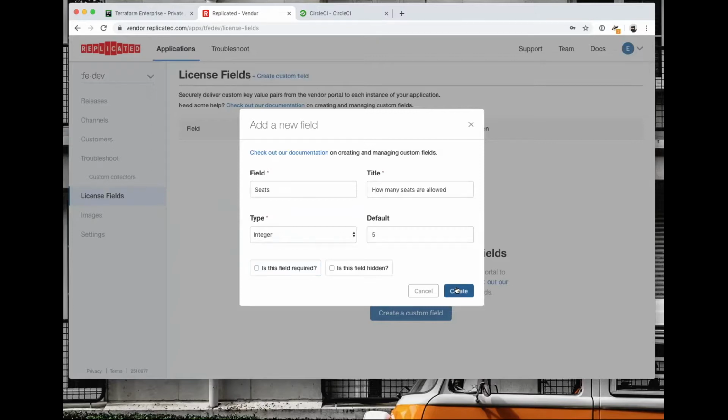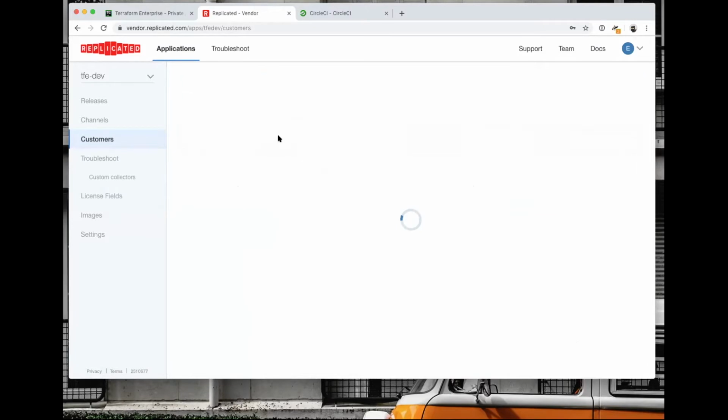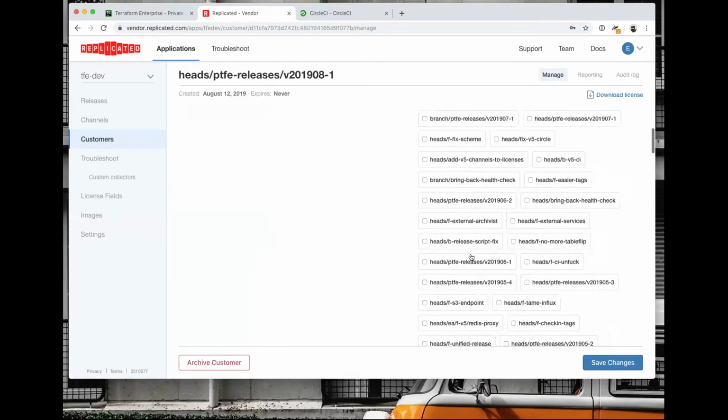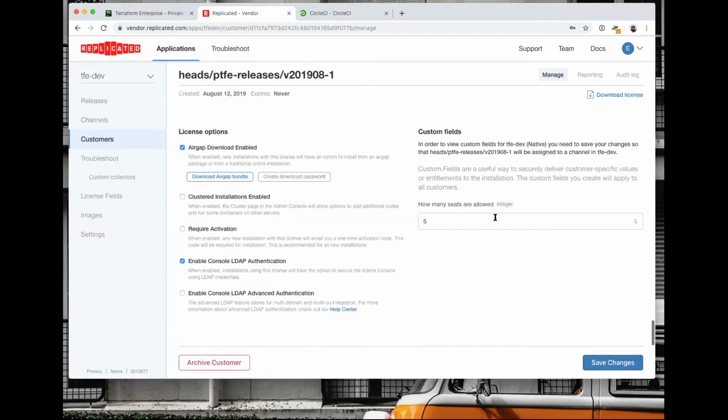So we create this, and now if we go back to the customers page, any customer will see this new option to add and tweak the number of seats, and that information will be available down in the customer's environment. Yeah, that'll be available as an environment variable. We can write it in as part of the configuration, but also if this changes, we'll update it down, and you can just ping this little API that we run for license information. So you can change this at any time, and your application can update. It's a really nice way to get that information down to your application when it's running privately.